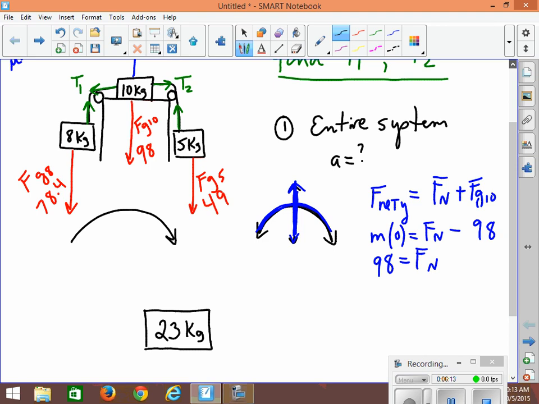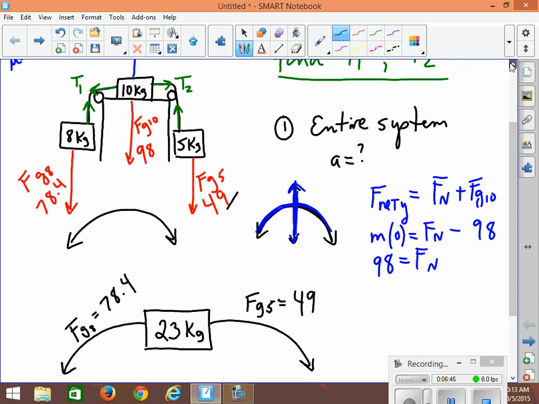Well, if I draw that here as a force, we have the force of gravity on the 5 kilogram block over here, which is 49 newtons, trying to make the system go sort of that way. On the other side, we have something trying to make it go the opposite direction. It's the weight or the force of gravity on the 8 kilogram block. So it's Fg on the 8, and that is